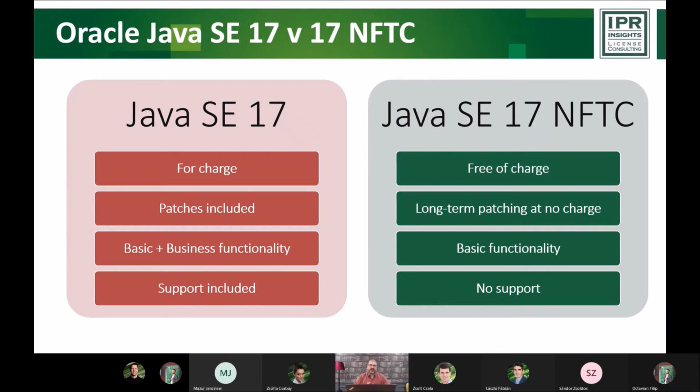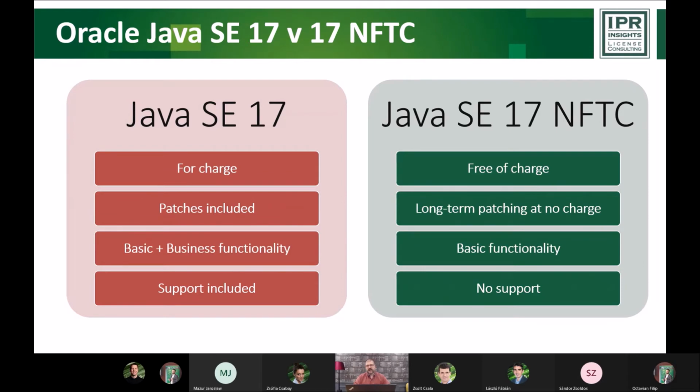And that could go hand in hand with not getting patches. And that would be the stick that would force customers into paying for a subscription after all. But luckily, Oracle has seen the light. Maybe it's a bit preposterous to say that, but they definitely saw the need to provide basic functionality for free again.